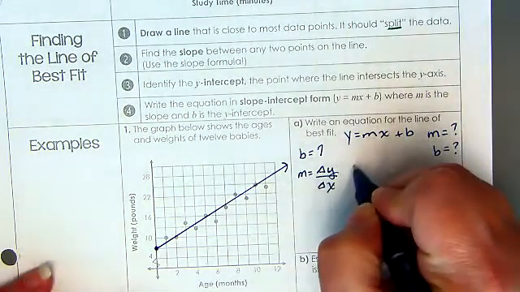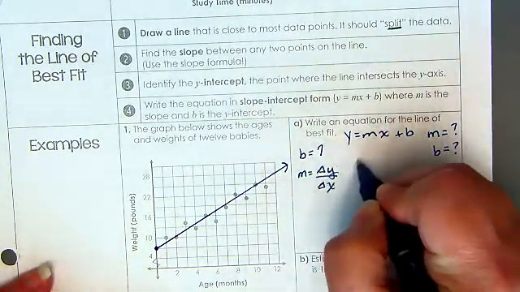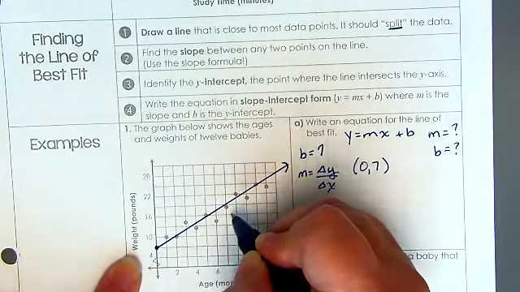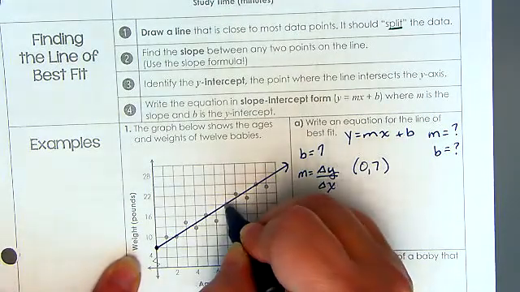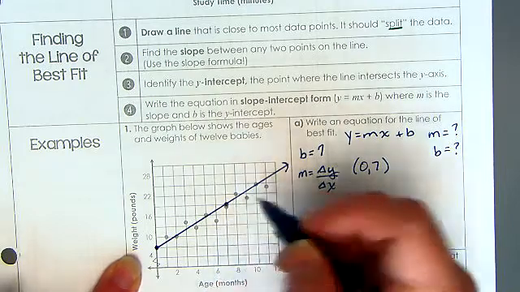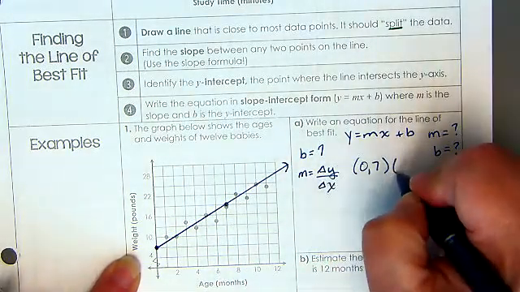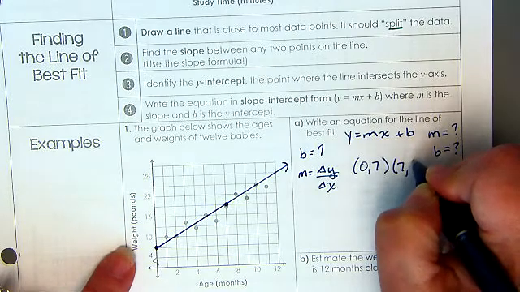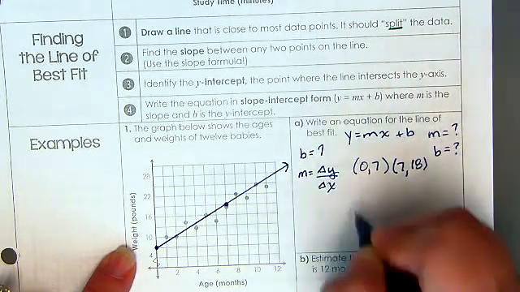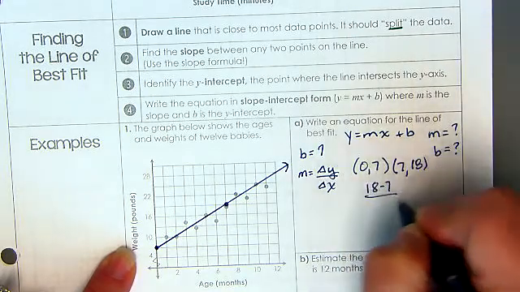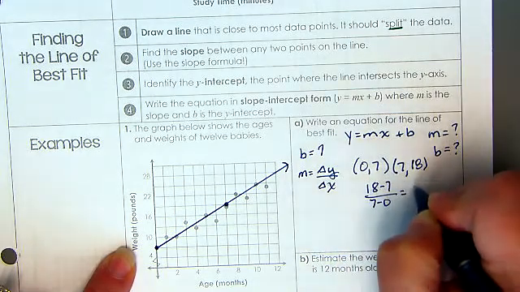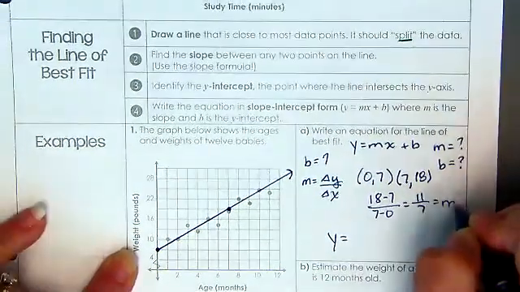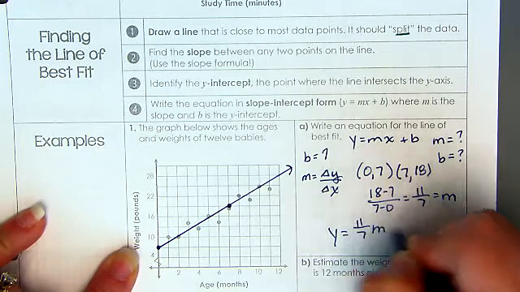And I'm going to use the ordered pairs of 0, 7 and this point here, because it's kind of halfway in between the lines. That'll give me a good judge. So therefore that's going to be 7, 18. So now I'm going to do 18 minus 7 over 7 minus 0, which is going to give me 11 over 7. So my equation, and that's my slope, is going to be y equals 11/7 x